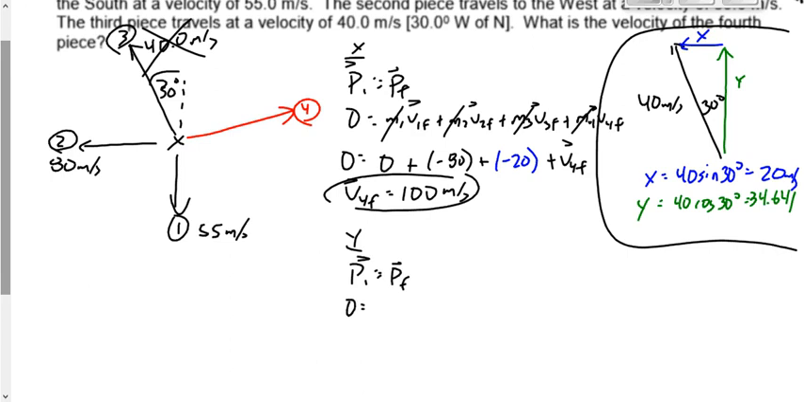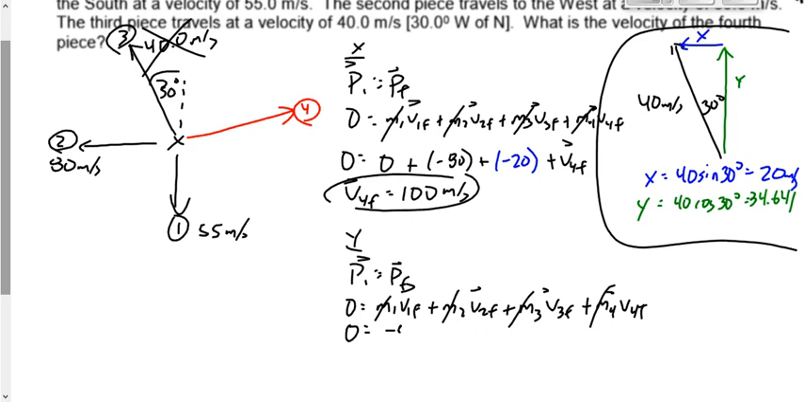Pi is equal to Pf. Once again, 0 because it's at rest. M1 V1F plus M2 V2F plus M3 V3F plus M4 V4F. Who told me the masses cancel last time? Did the masses cancel this time? Yeah. Same masses still. V1F is negative 55. Was 0, but it's negative 55 this time because it's 55 down. V2F is 0. This time V2F is 0 because it's all horizontal. V3F is,